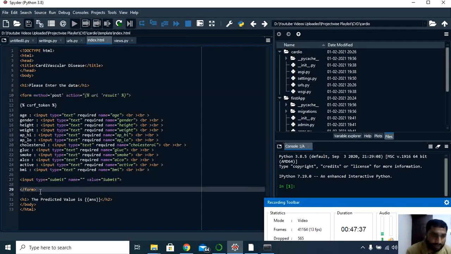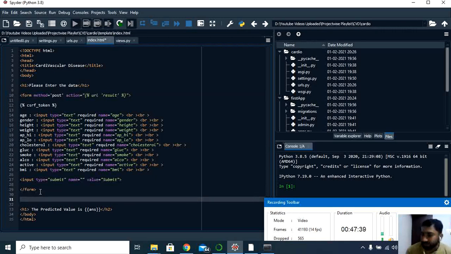Let's try again here. There is one simple tag, if else, generally we call it a Jinja template. I'll use percentage here, percentage. Inside the percentage you can use if ANS, which is nothing but my result over here.